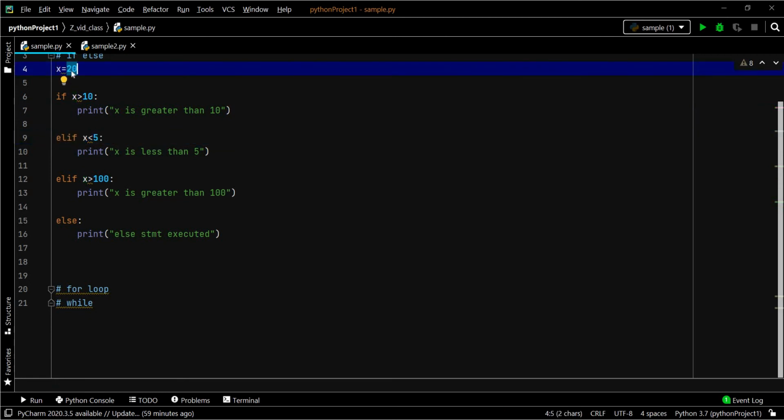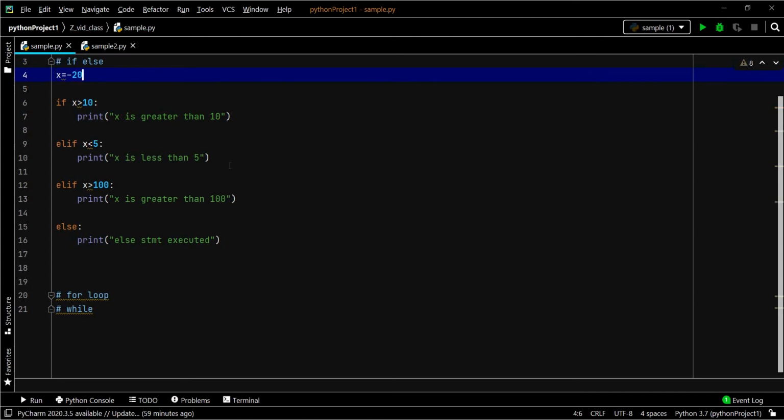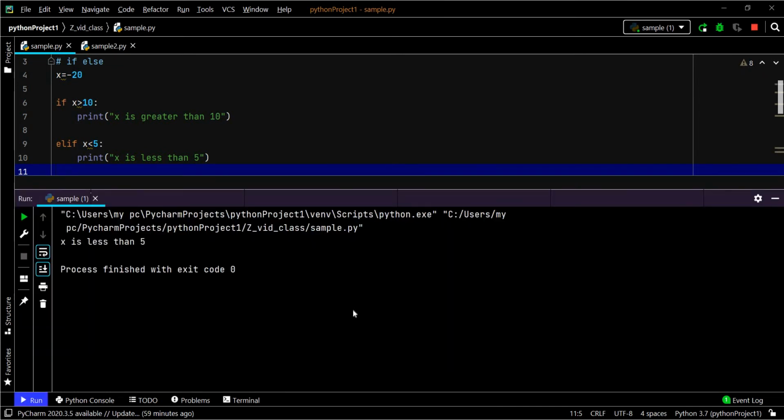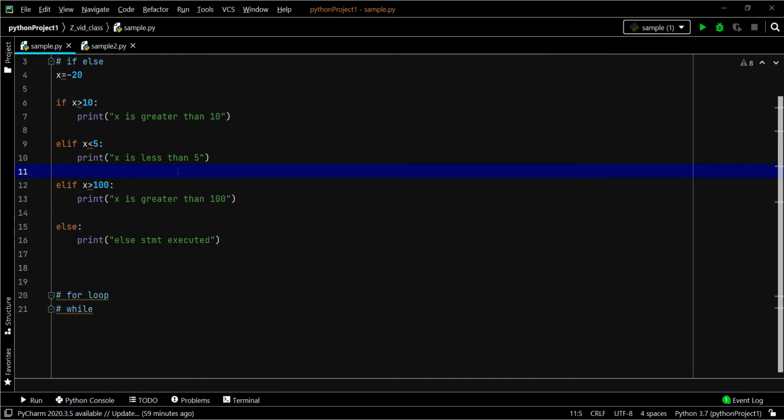Let's try to print the else statement. Oh, one more statement is there, which is x is less than 5. Let's change it to greater than 5. Now the else statement should be printed.